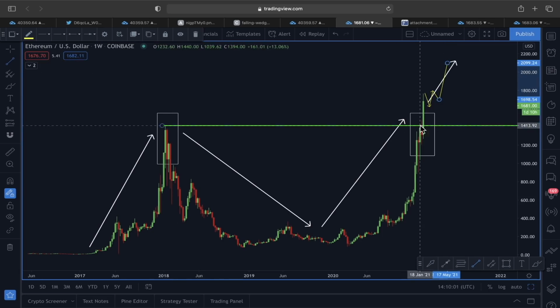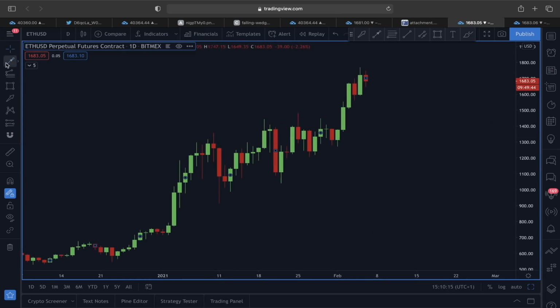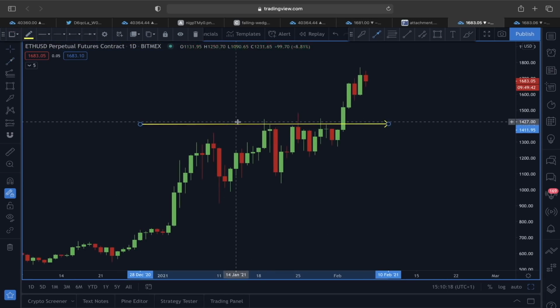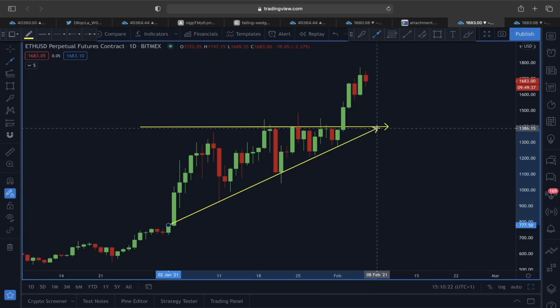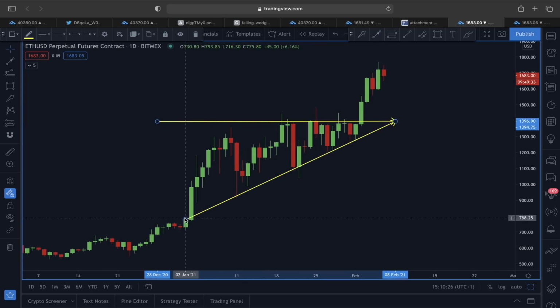Breaking the previous high structure, we had a really impulsive move in an upper direction in a weekly time frame. So this here is showing us that the price could still continue in an upper direction in a bigger time frame. And if you look at this in a bit different way, you can also see here in a daily time frame, we have also talked about this scenario, this ascending triangle scenario, right? You can see here for Ether USD in a daily time frame,